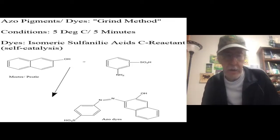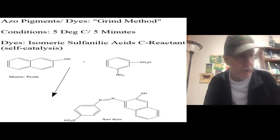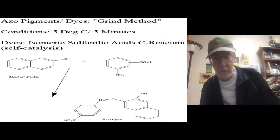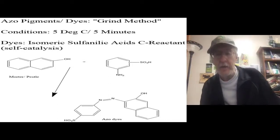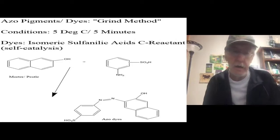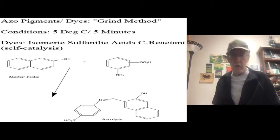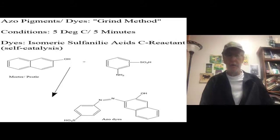I've made as much as 2 grams at a time, maybe 3 grams at a time without incident, because these diazoniums that I'm producing are relatively stable. But you want to read the paper very carefully, of course. And then what you get is the Azo dye because of the catalysis, self-catalysis of the sulfanilic acid. You go through the diazonium intermediate, which I did not show, and you get